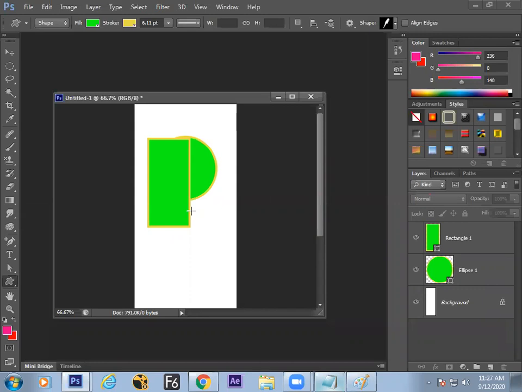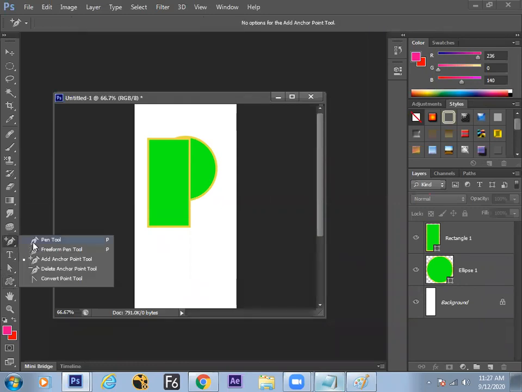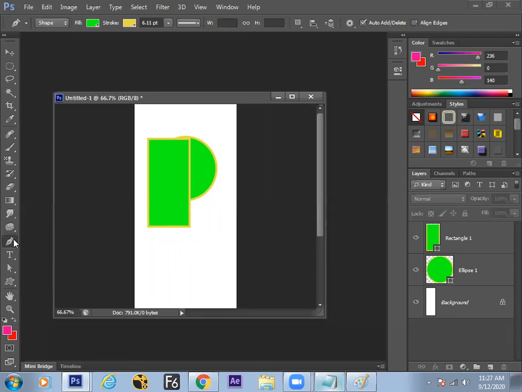So vectors will be resolution independent. Okay, that logo can be printed on a small 1-inch image or a big hoarding also. Okay, so creating our own shapes using pen tool. Clear? That will be our next topic, and converting raster to vector.